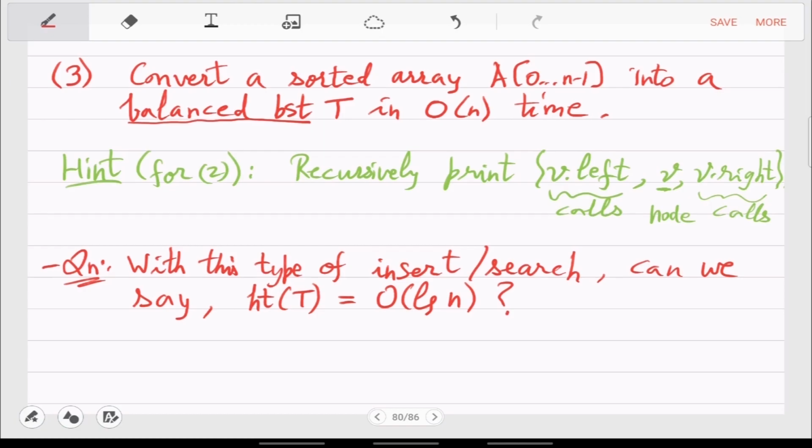But what will be the height? Is there a guarantee that the height will be log of the size? No. Just use these two operations, insert and search. There is no other promise. Then what can you say? Then it may not be balanced. Right, because the problem is that the way these values or integers are coming, that may be arbitrary. So what may happen is